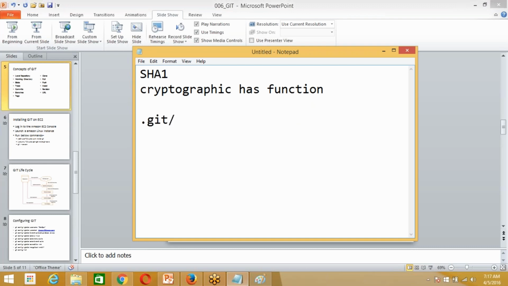Slash git slash refs slash heads, I think. If you use this command ls, in this file you will see something coming like master, and heads slash your branch name. Usually by default the branch is master.